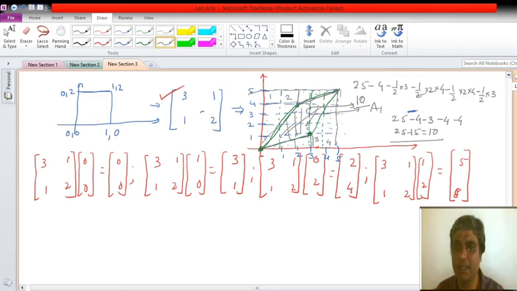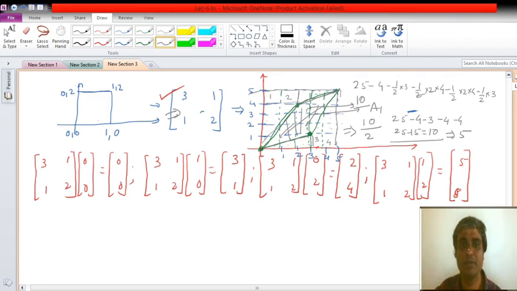Okay. So what we said, in order to find the determinant for this matrix, it is the ratio of the area of the resultant mapped signal divided by the input, which is 2. So how much will the total be? 5. So we have to get it. The determinant is equal to 5 for this matrix.